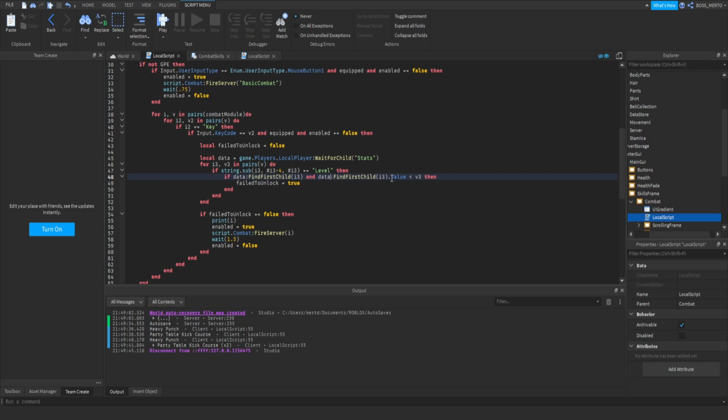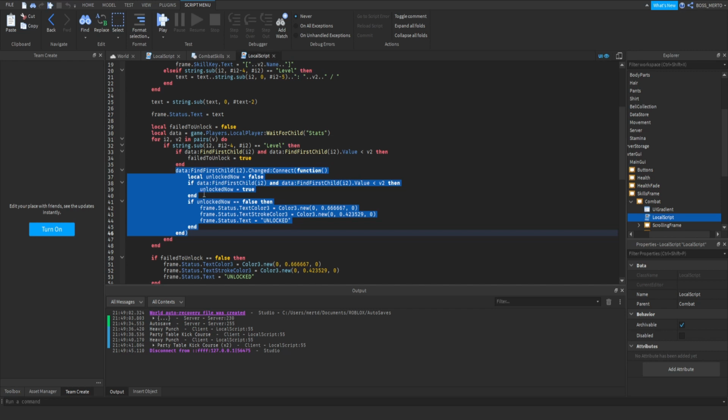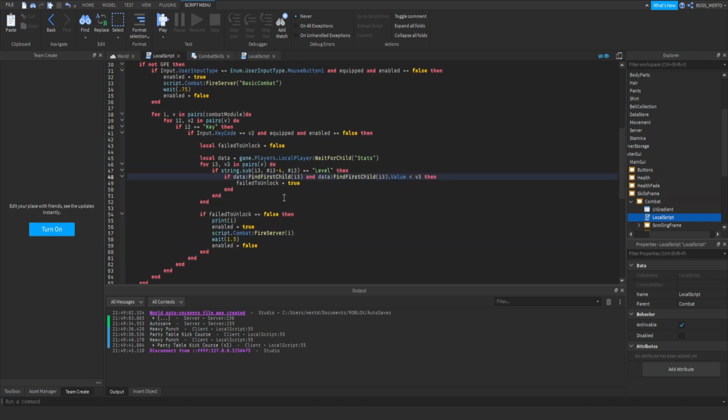So let me now go through I3 and V3, okay? And what I have actually done right here. The idea is very similar to what we have done inside of this GUI. So if you have watched this episode, then it might be helpful for you now to understand what we have